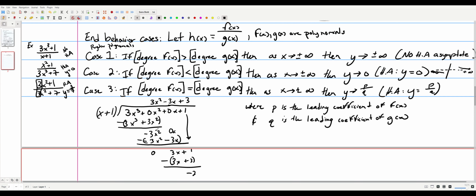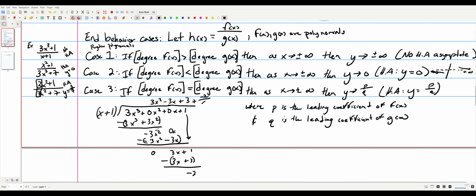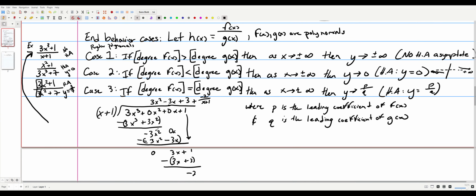So our quotient here is going to be equal to 3x squared minus 3x plus 3, remainder negative 2, which we can write as plus negative 2 over x plus 1. And so the end behavior of this function, because we know we have no horizontal asymptote, is going to be the same end behavior of this polynomial. You don't really have to worry about the remainder here, but the idea is that because this is an even power, recall from our discussion about end behavior of polynomials, because the leading term here is 3x squared,